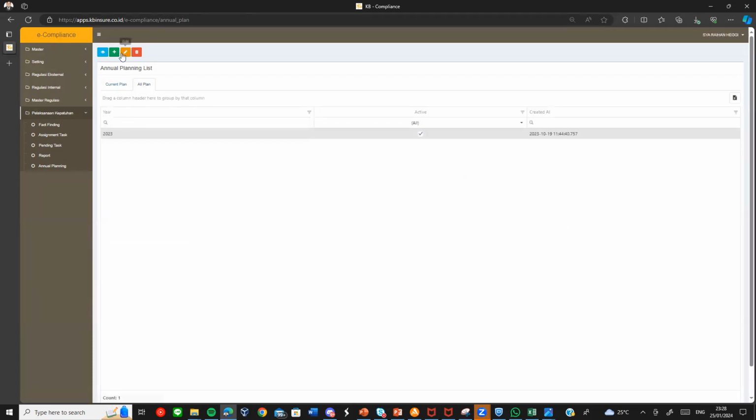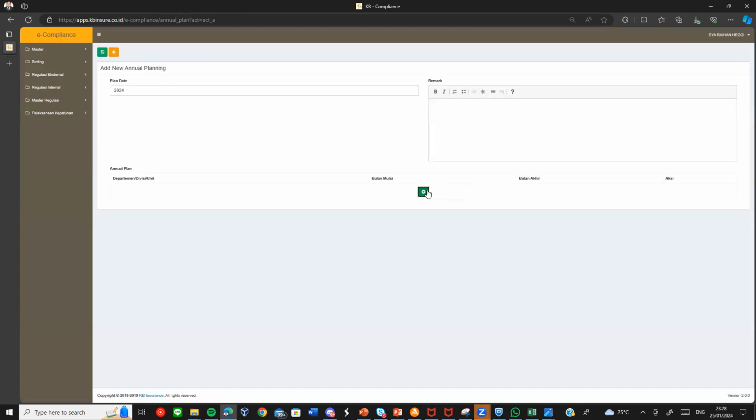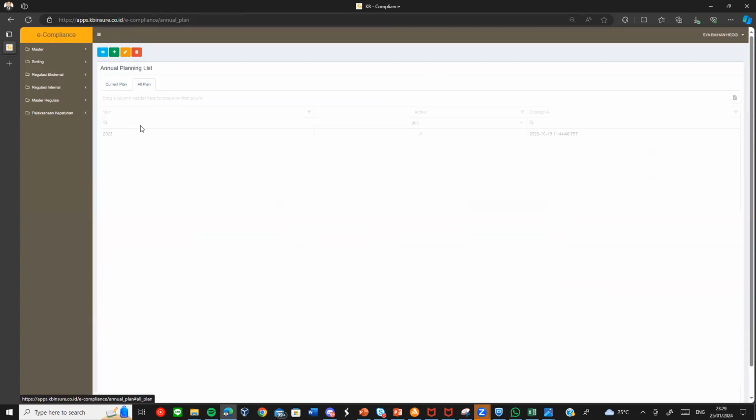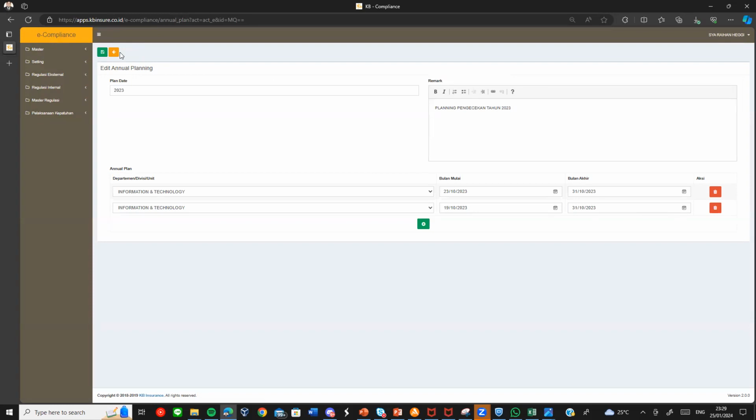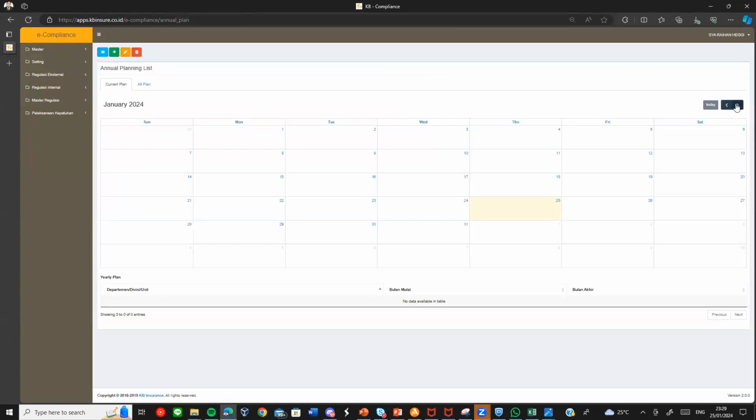If we want to create a new planning, we just need to add the data, fill in the remark, and create the data day by day. And this is if we edit the current data that are conducted in this month, October, November. Okay, this is the calendar system inputted in the data. This is the planning that will be created in the annual planning, the digitalized version.